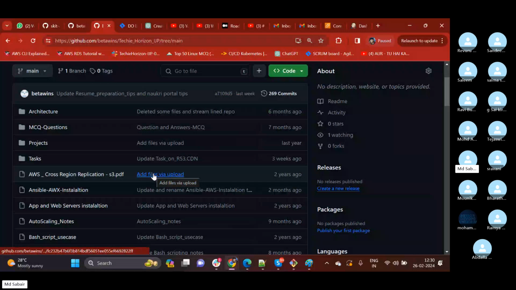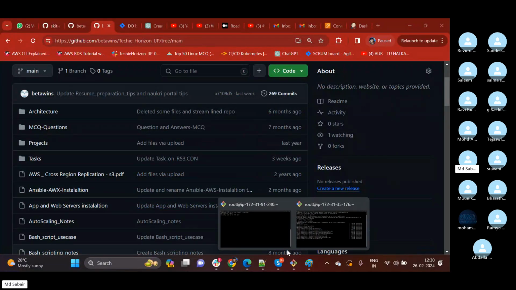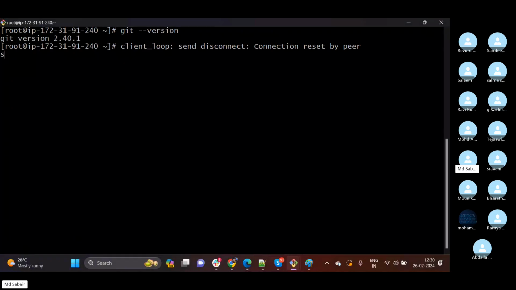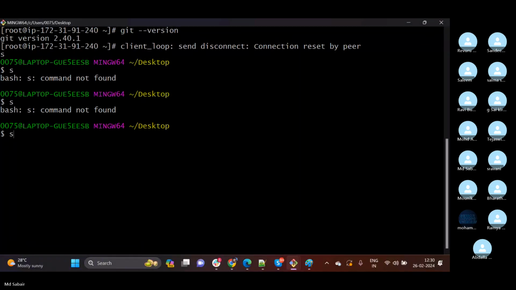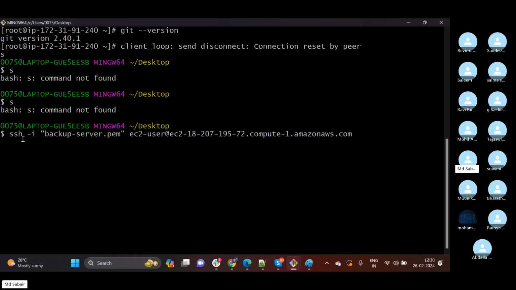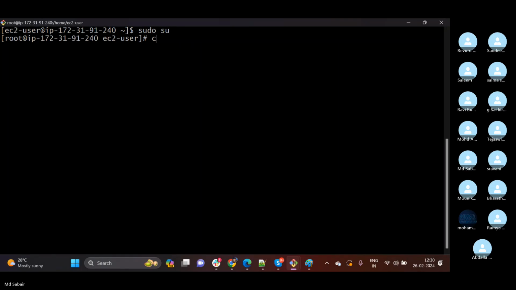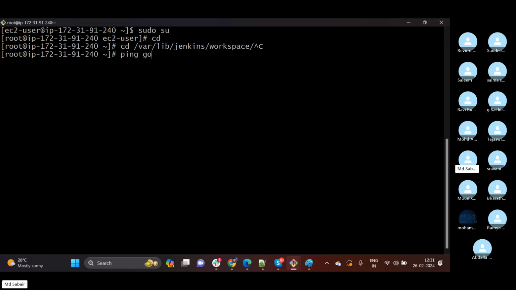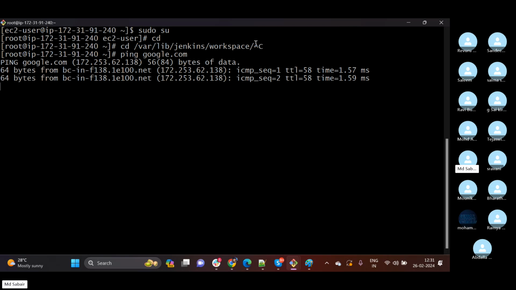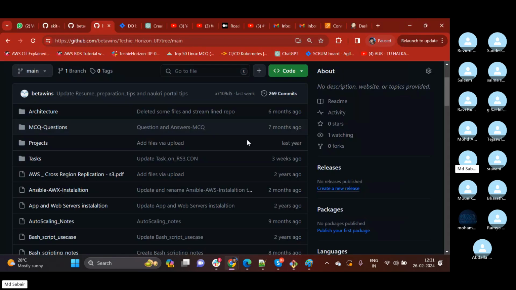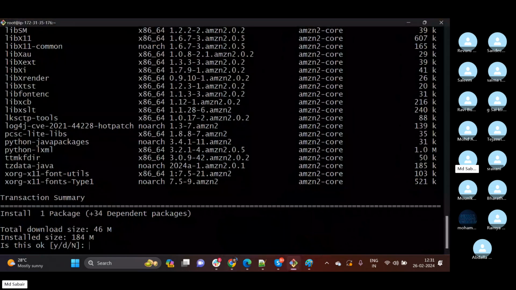And then we need to create one directory for workspace, meaning where our jobs should be stored. On the master machine we have var lib Jenkins, right? On this master machine all the jobs are saved in the master. cd var lib Jenkins workspace. In this particular location all the jobs are saved in the master machine. Similarly in the slave machine, where should we store all the jobs? For that purpose we can create one directory. Once this is installed,